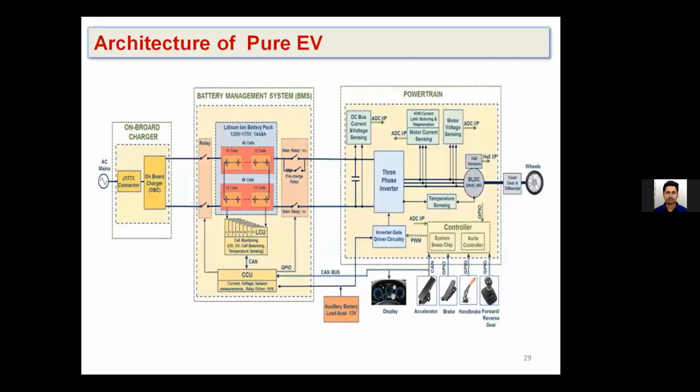So this is the overall architecture. Here we have an onboard charger, and this is the connector. This is the utility or the AC mains through which we have a connector. Generally for mobiles we call it a cable, no? So here we call it a specific connector, which connects between the utility and the onboard charger that is present in the vehicle.